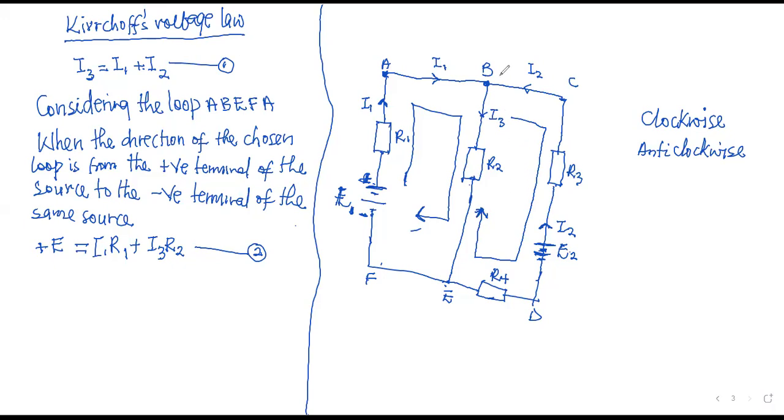I want to go clockwise as well in this. Now, as I said, the moment you pick a loop, it is as if you are cutting out the other side. So this side will never come in. The focus must be only on this particular loop. So considering the loop,